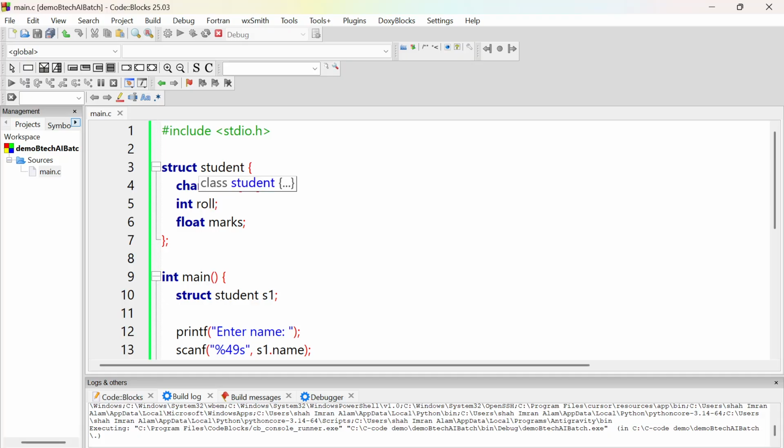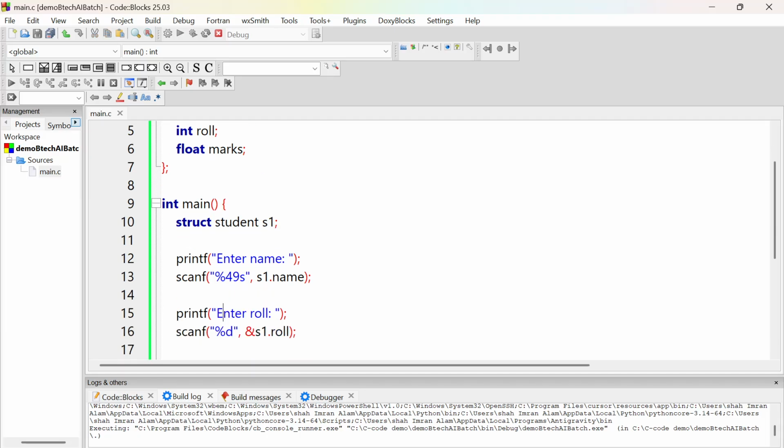Same structure, nothing changed. Same variable S1. You will print a message, enter name, as a prompt so that the user can enter after seeing this message. S1.name, so that the value once scanned is placed into the name variable